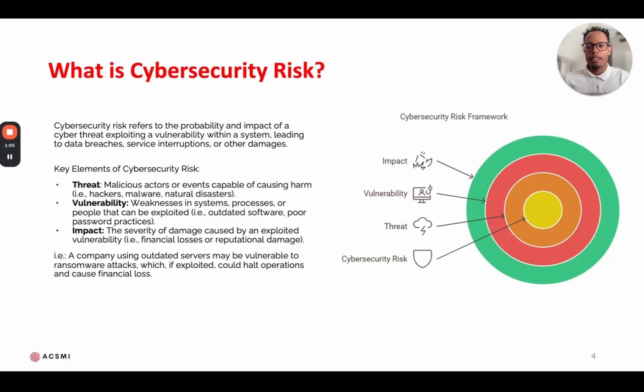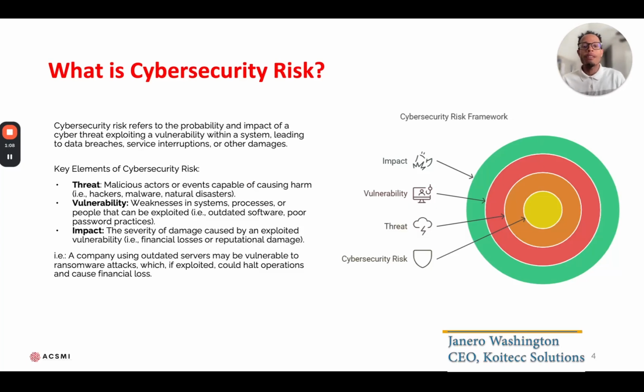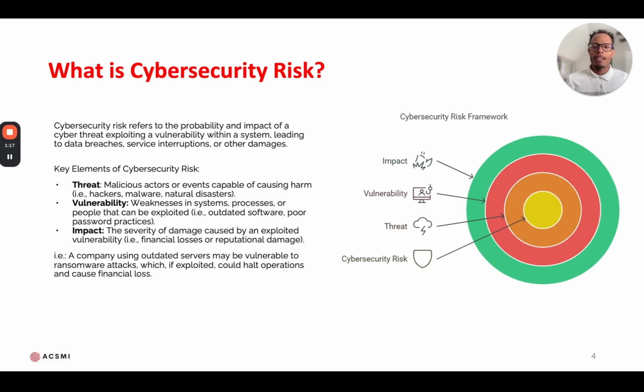So what is a risk regarding cybersecurity? It's going to refer to the probability and the impact. You would normally see this in a matrix, right? We have probability on one side, impact on the bottom, or vice versa, however you want to build that out. But either way, think about it as, what's the probability of this actual threat, or vulnerability I should say, being exploited? Now, it's always going to lead to something. It's going to lead to either a disruption within service availability, unauthorized access to an organizational system, a loss of confidentiality, or the tampering of data. Even when it comes to a data breach, that's what that's entailing.